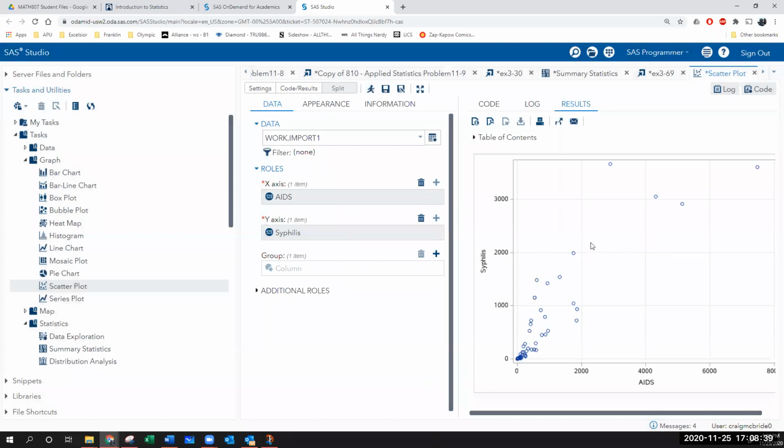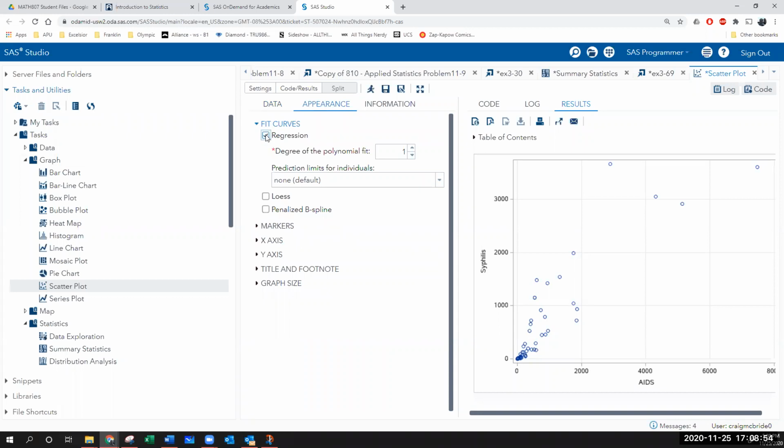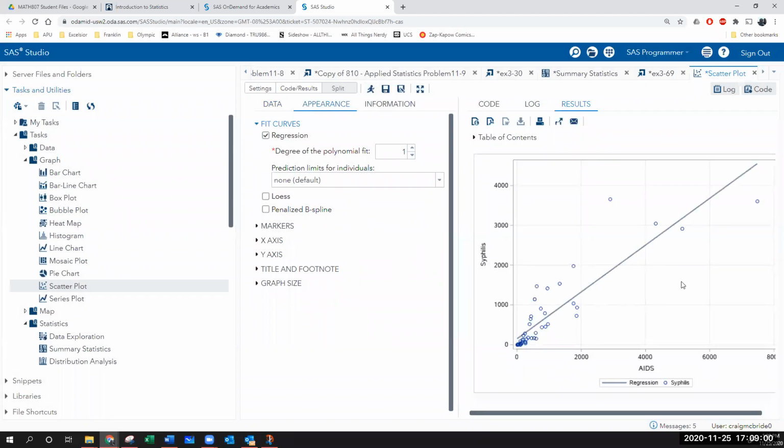And then there's your scatter plot, right? And you could take a screen grab of this, and that's good to go. But it also wants you to compute the correlation, right? So you could fit the regression line to it if you wanted to, and put that, but that still doesn't give you the regression, right? It just puts a line on there.